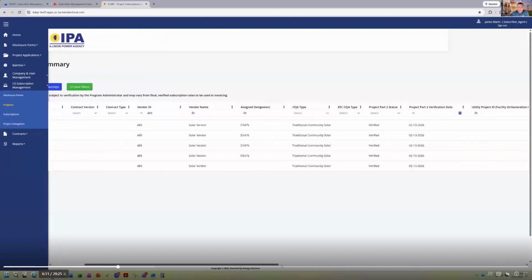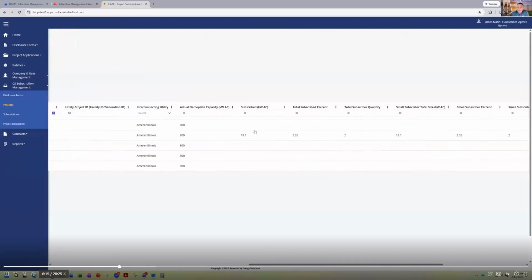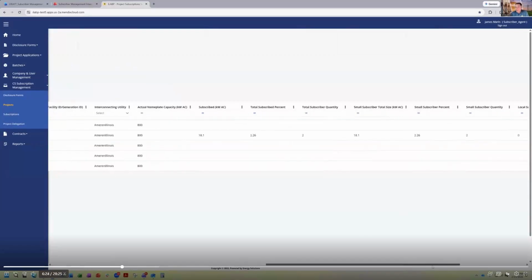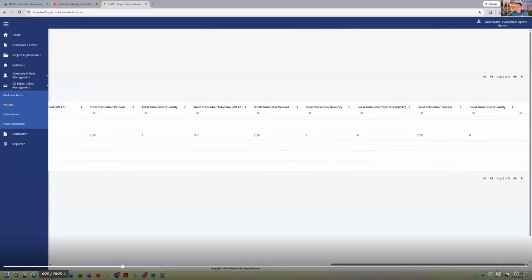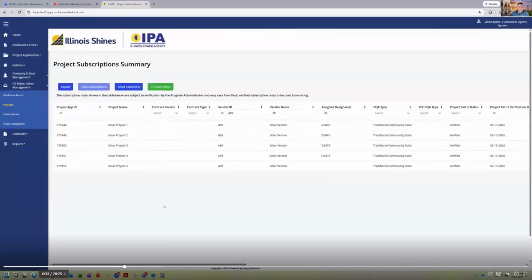Just scrolling off to the right, you would see the totals subscribed on each project, the percent subscribed on each project. And let me scroll more. So this is all relevant information to each project. Going back to here,